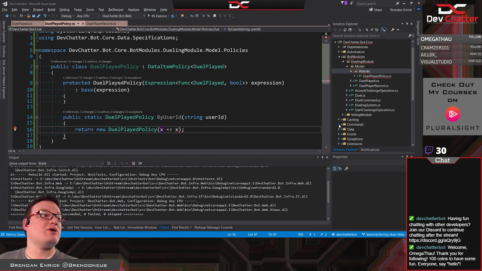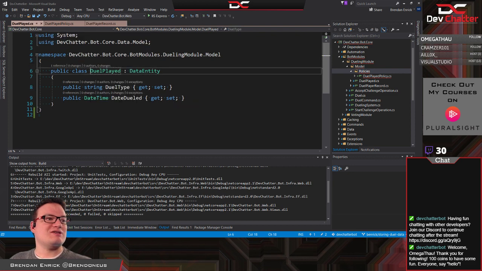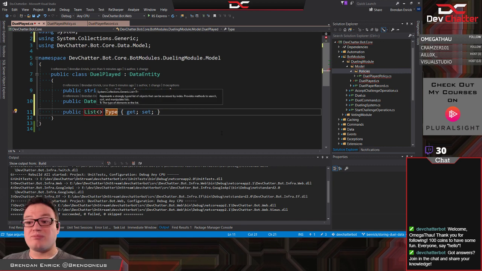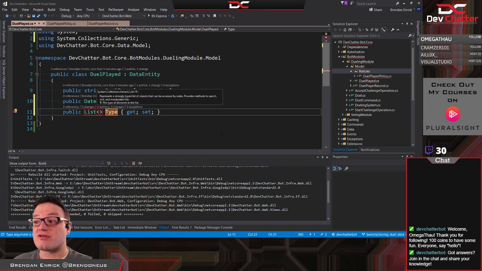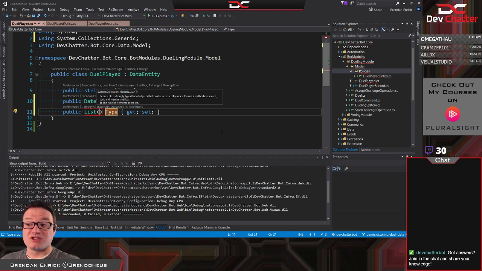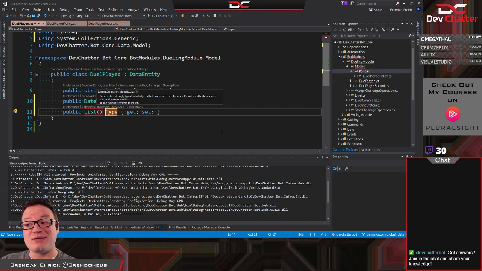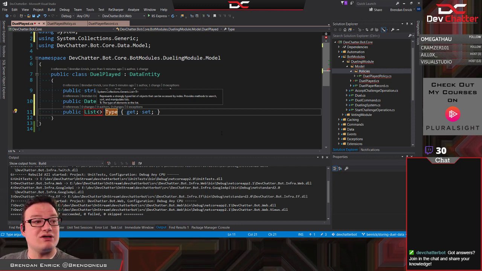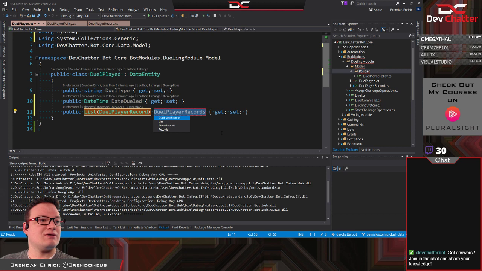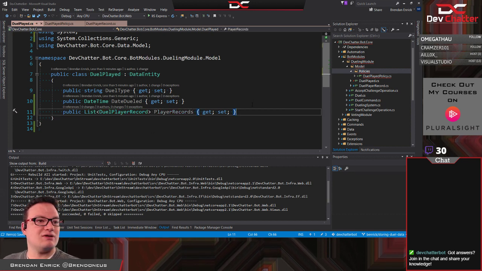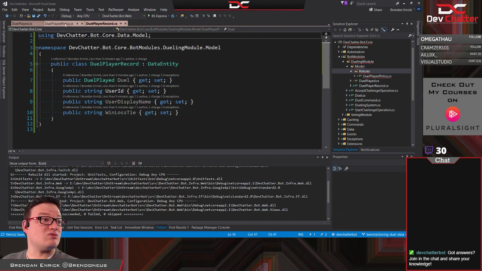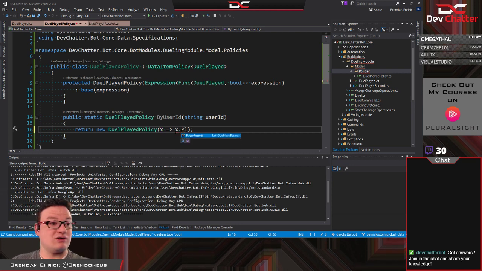Ooh, this doesn't have the list. Okay, I didn't finish my model. There's something else I need to add to it. This needs to have a property on it because we need bidirectional data on this. So the foreign key's there, but we need to make sure that Entity Framework or whatever ORM we eventually use, which is going to be Entity Framework because that's what's in our project, can map these and hydrate the values here. So we want to tell it, get us a list of duel player records. Player records. That's what we're going to call it. And I think it will figure out what that is and wire it up without me having to do anything special. So player records